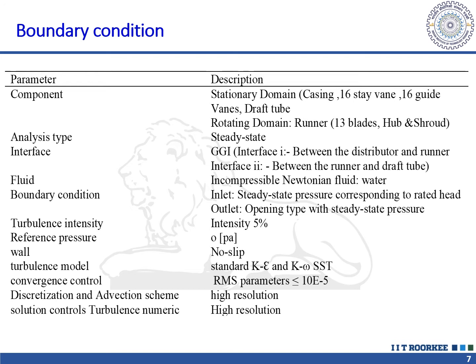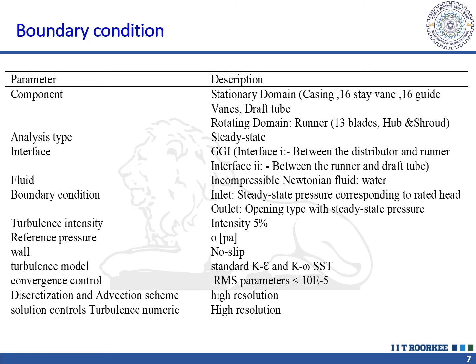The steady state analysis was carried out under the actual working condition of the power plant. In ANSYS CFX, mostly two types of boundary conditions are used. First is the mass flow rate as inlet boundary condition and static pressure as outlet boundary condition. Second is both inlet and outlet as static pressure boundary condition. For our case, the flow rate corresponding to the percentage of guide vane opening was known from the performance curve, but the actual guide vane angle was unknown.